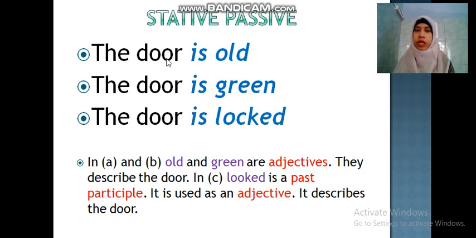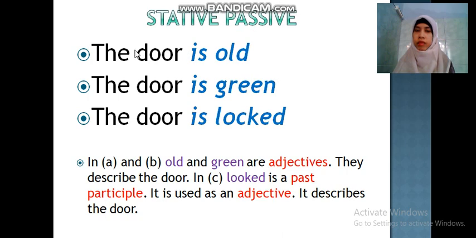When you see "the door is old and green," this is an adjective. Okay, and A and B are adjectives. But the third, "the door is locked," is a past participle, but it is used as an adjective. In Indonesian, contoh pertama sama kedua ini adalah bentuk adjektif pada